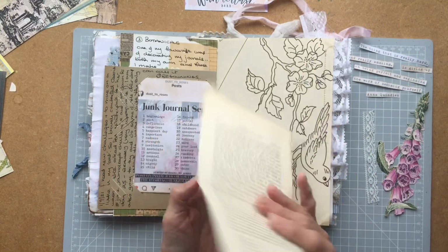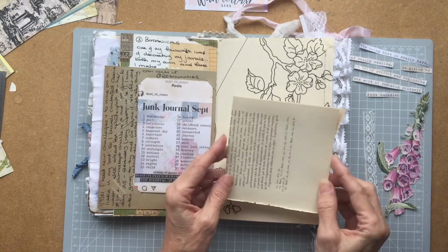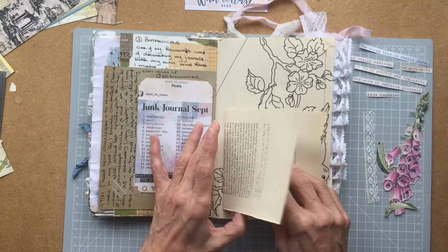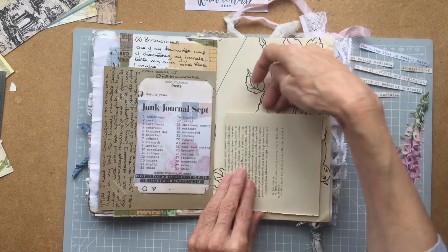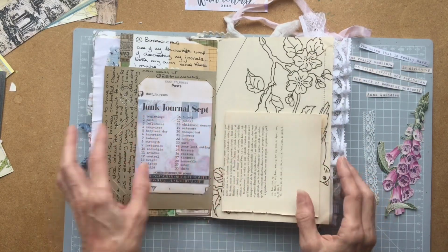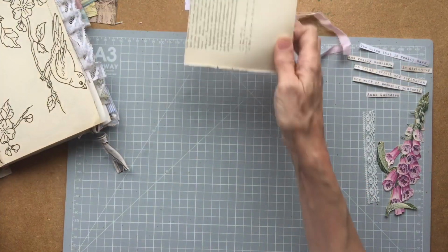And I'm mostly using what I had lying about, but I have kind of planned and thought it through a bit. So I've got this book page, which I had already cut down a bit. It's from an old French book. So that's going to go on there as a pocket. And I'm going to put a tag behind, and I'm going to decorate the front of the pocket. And I'm going to decorate it before I glue it in. So if I put that to one side,